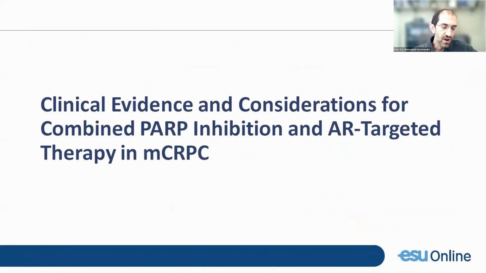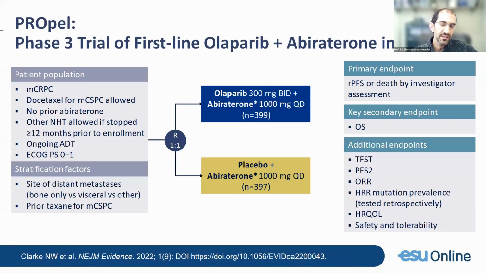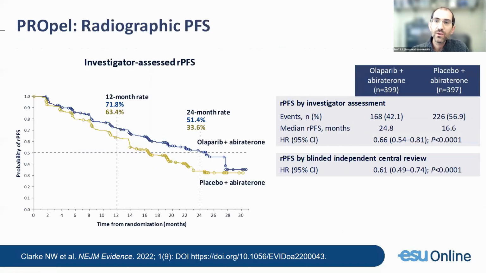But of course, all of us on this call are clinicians. So does this preclinical rationale translate into clinical efficacy? Let's see. So first one is the PROPEL study. Nicolas presented this one briefly. This was a study with unselected first-line mCRPC patients. Interestingly, the gene status was not used as a stratification at all, but it was evaluated post hoc after the fact. And as the study was designed, it was a positive study. I would say there was a clinically significant and statistically significant improvement in progression-free survival with combined abiraterone olaparib versus abiraterone alone.